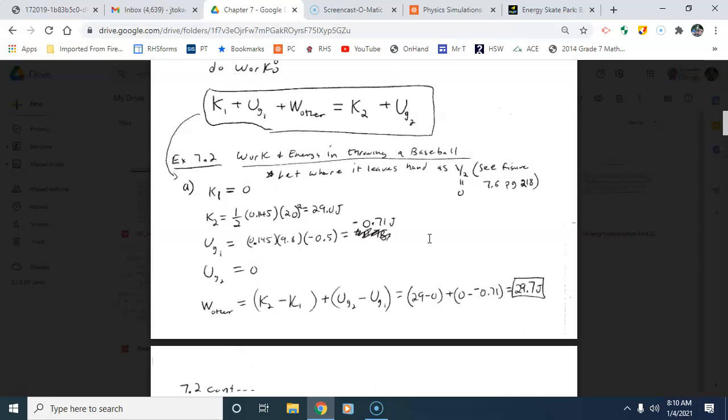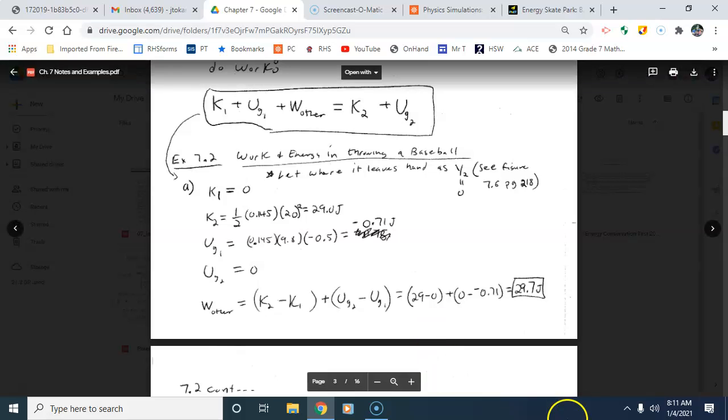It's not a big deal. You could do it. And UG2 was my initial reference level I defined as 0. Really, you could define the 0 position anywhere, but we usually try to define it at convenient positions that make the most sense. So, conservation